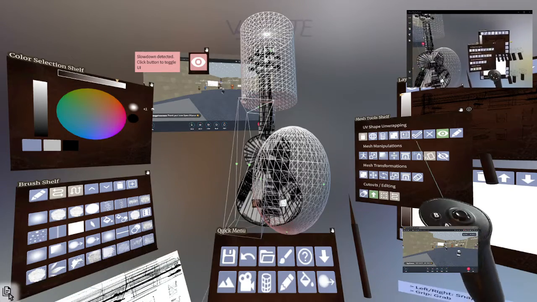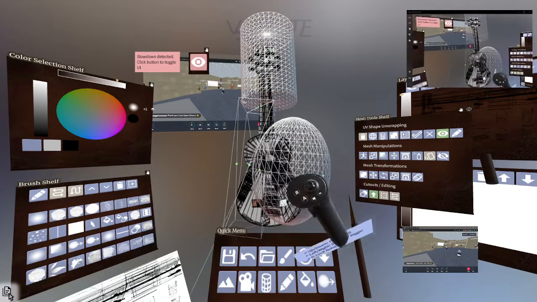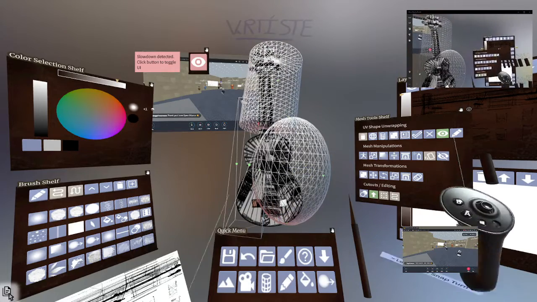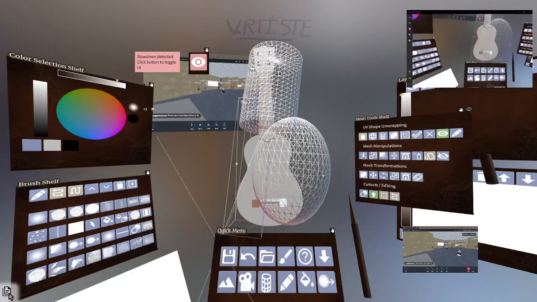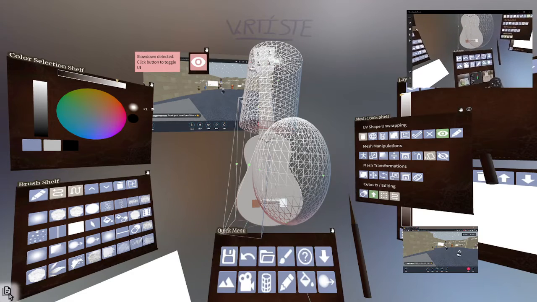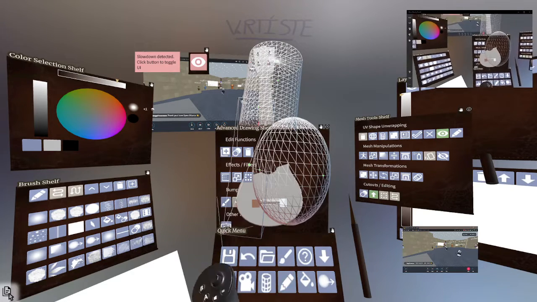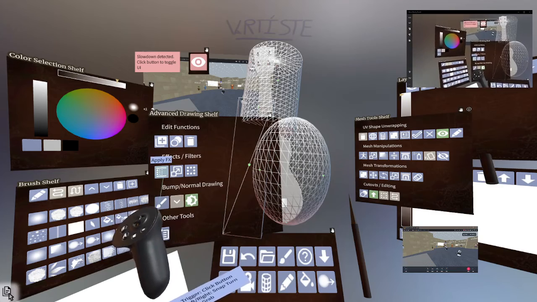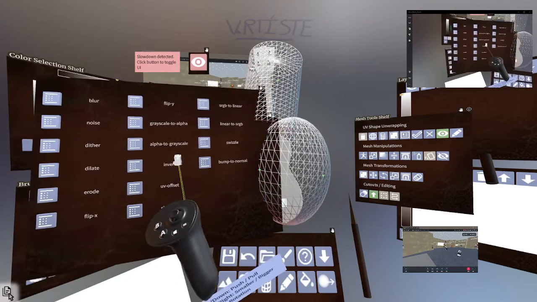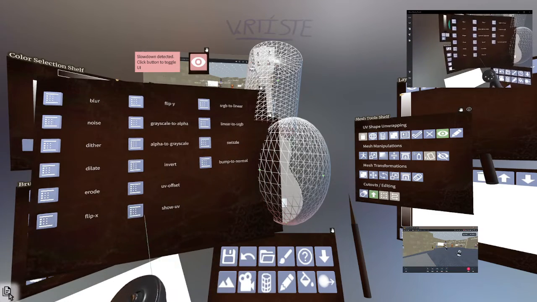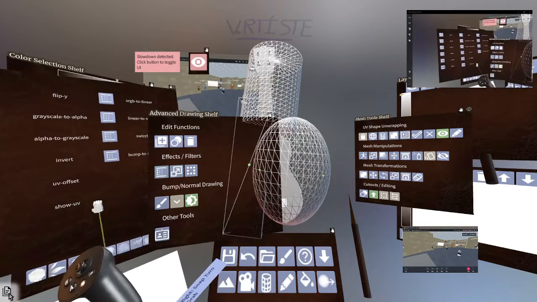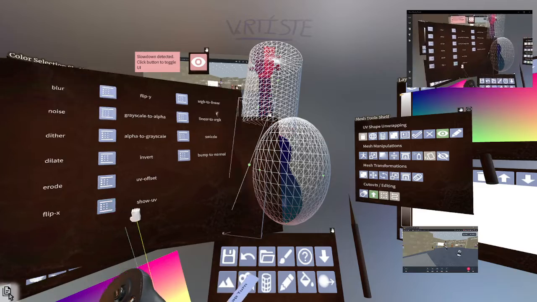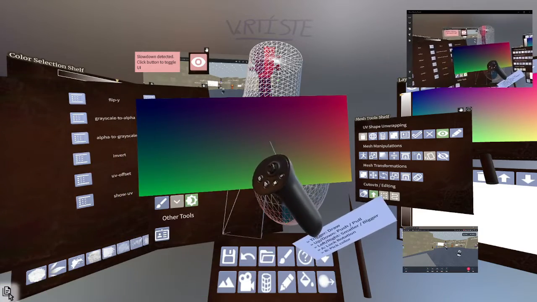All right, so these are the UV unwrapped shapes. Another way to visualize the UV maps is if you go over here to advanced drawing functions, you can apply the show UV effect. So in here, effects, apply effects, show UV, and you can see on the canvas you've